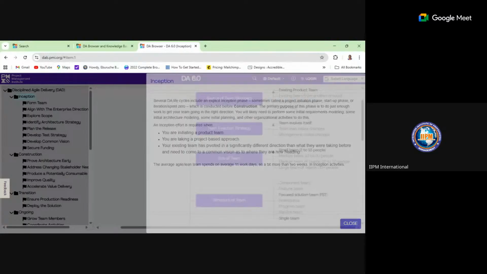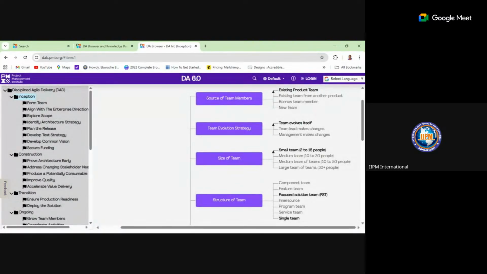So when you come to the inception phase, you have the activities there. Your activities are form a team, align with enterprise direction, explore scope, identify architecture strategy, plan the release, develop test strategy, develop common vision, and secure funding.